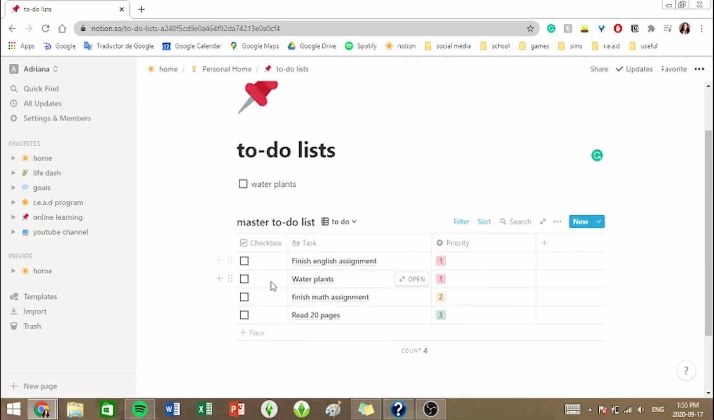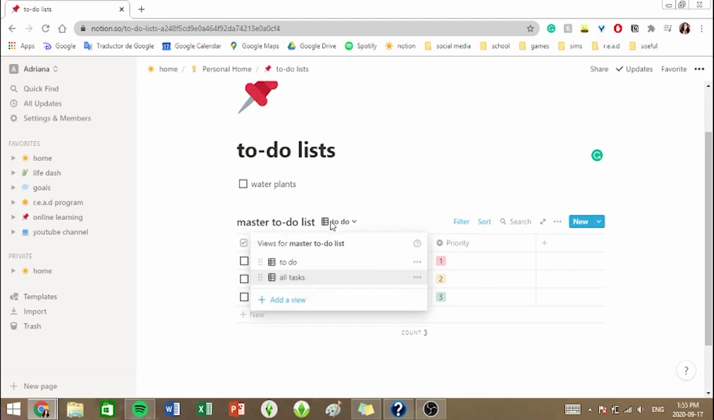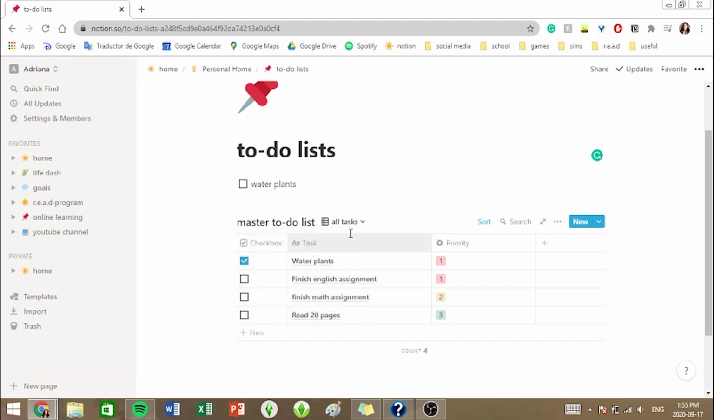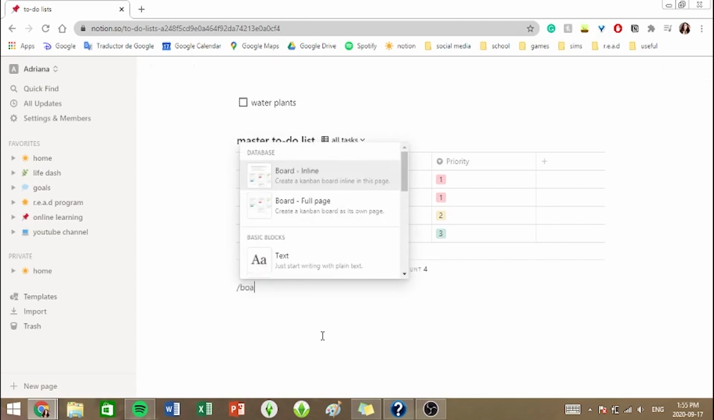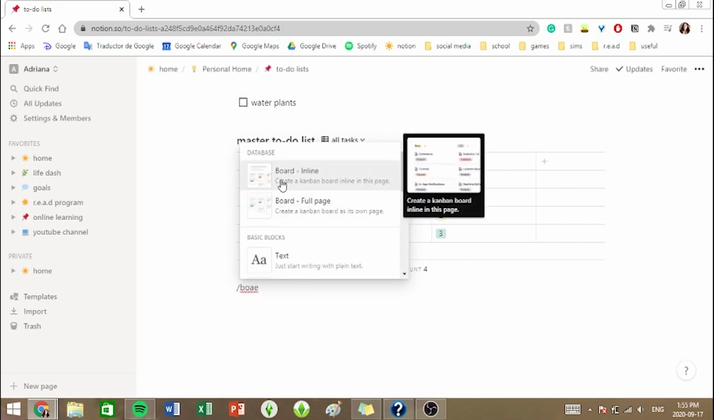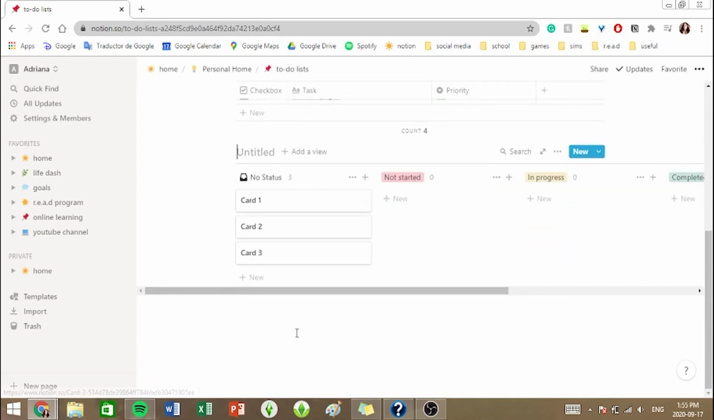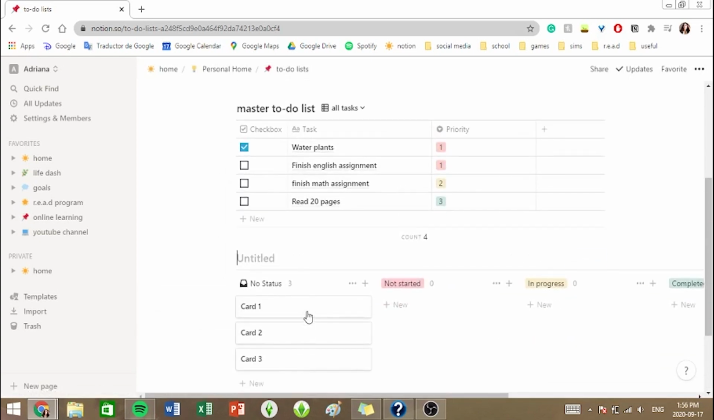So let's say that I water my plants, and then it disappears. If you want to see the things that you've done, you just go to all tasks, and then it's there. Another way to make a to-do list is by typing command again, and then you write board, and then you click the board. And this is another way of making to-do lists, but this is how I made my goals